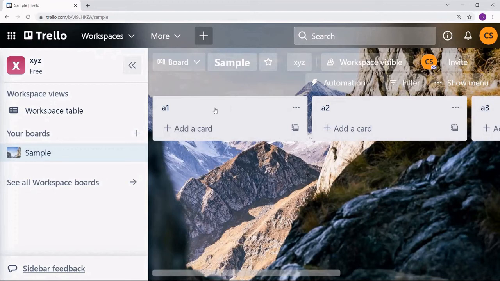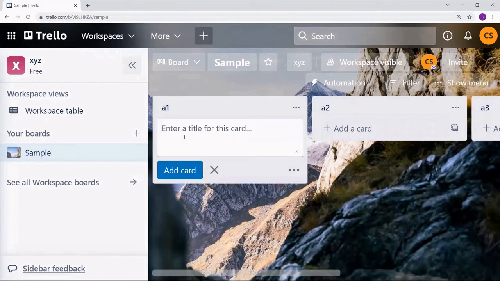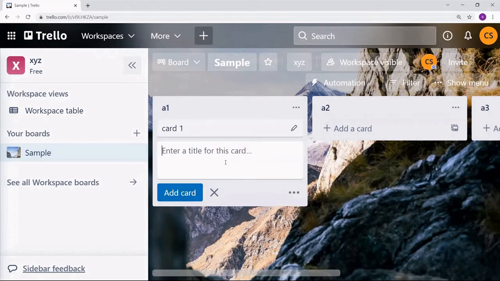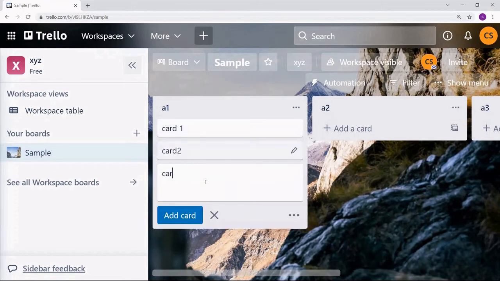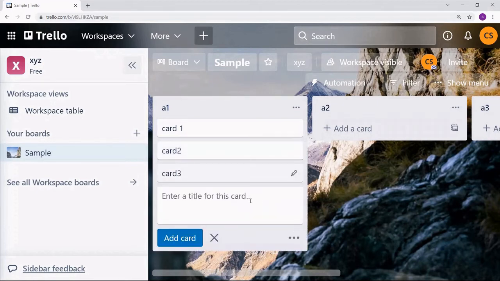You can see under each list, there are add card options. Just click and enter your card. As you can see, I entered 3 cards under the A1 list.